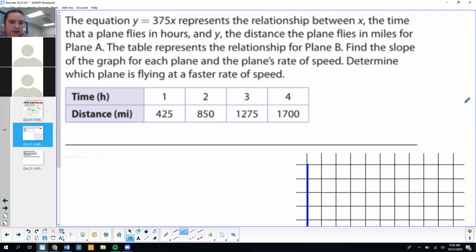So I'm gonna do a couple things. At home right now, I would suggest doing this. I'm already noticing I've got an equation, and this represents plane A. I've got a table, and that represents plane B. So for plane A,